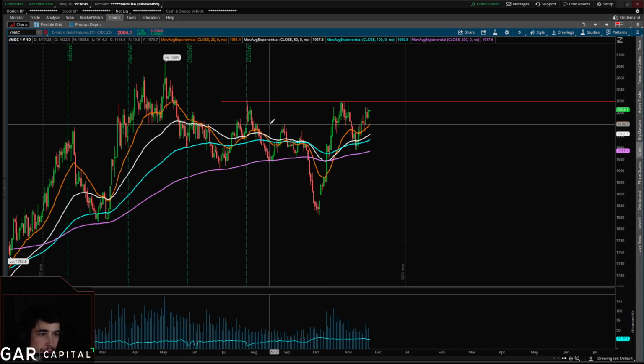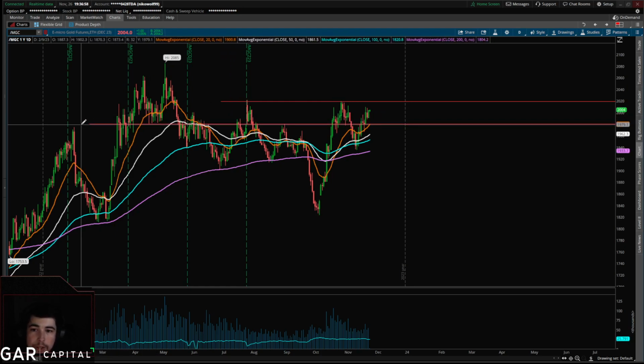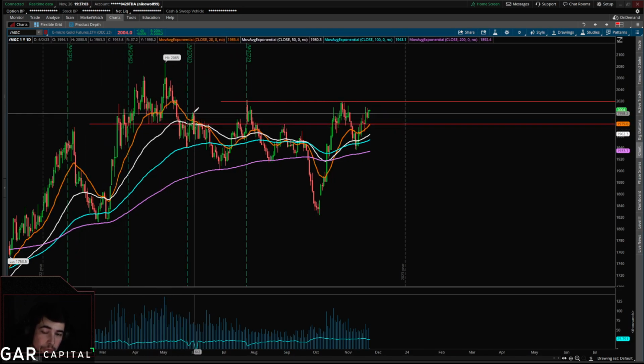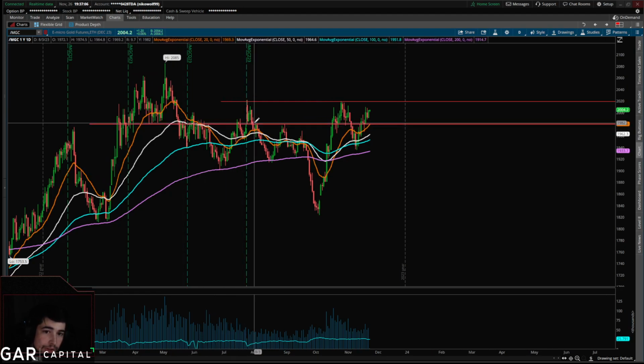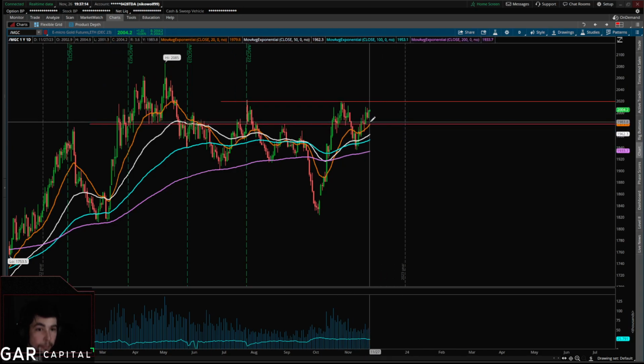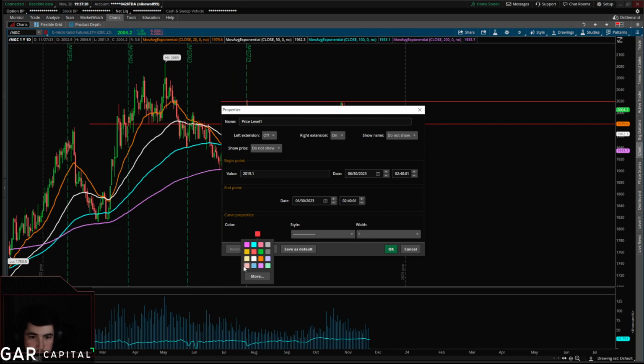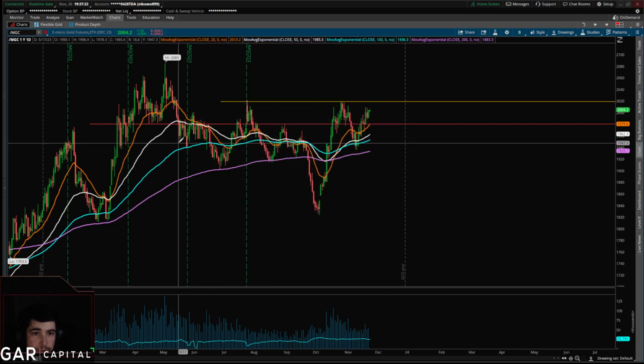I would point this out. Actually, yeah, this is a pretty badass level right here, 1980. Right, we keep looping back to this level. And I'll show you guys why. 1980 right here. It wasn't quite the high here, but it acted as a nice support here. Resistance, this was a false breakout, so this is resistance, resistance, support, resistance, resistance, support, support. So this is a badass level. Okay, sweet. So we identified basically a channel here. So let's mark it up and tag it up. So perfect.